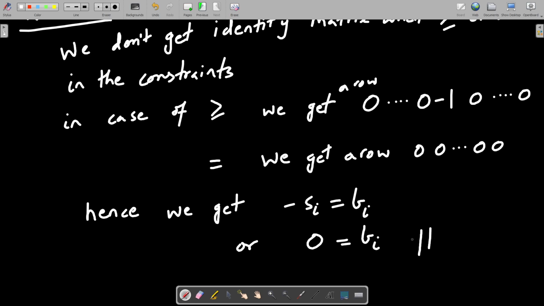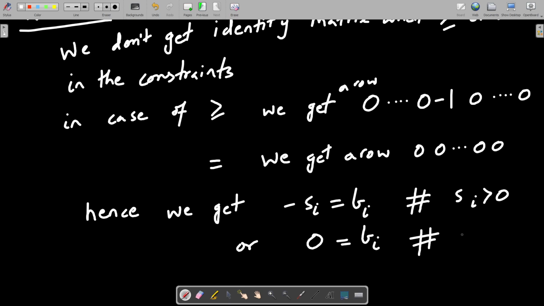This does not make sense, right? bi will be a positive number, and this is 0, so this does not make sense. This is also not making sense because si is supposed to be greater than or equal to 0.